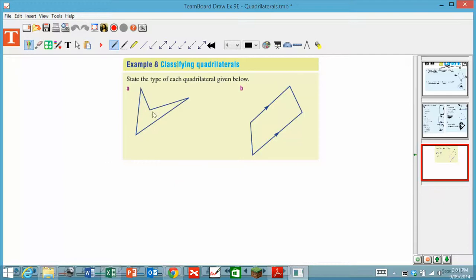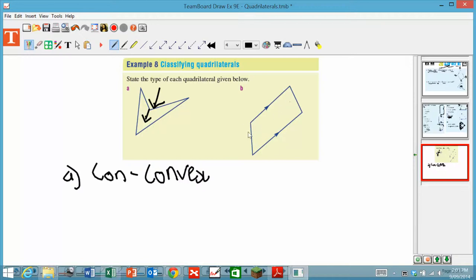But anyway, this one we've got a non-convex. We've got this angle poking inwards rather than outwards. So A, we've got a non-convex quadrilateral, and B,